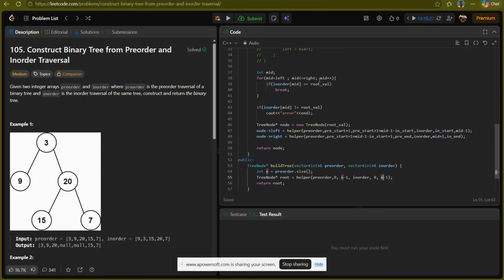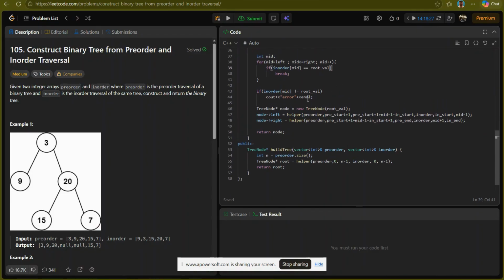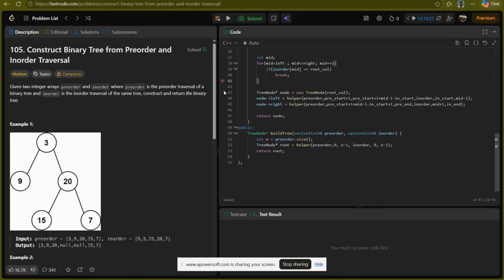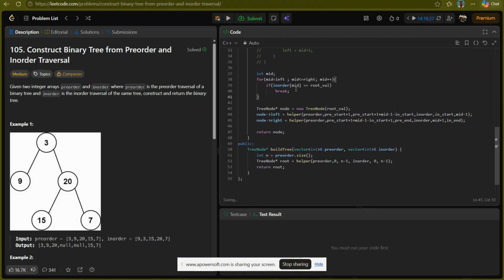And then we'll go through all of them and try to find the index corresponding to the root val, right? Obviously if this index is not found, that would be an error, but that's not really required at this point. It's not required because we will always find it, since we only have valid inputs. So okay, now once we have found the index at which we find the root val,